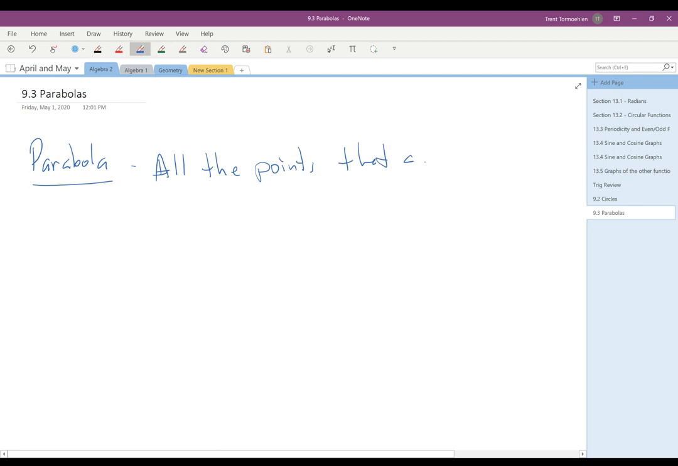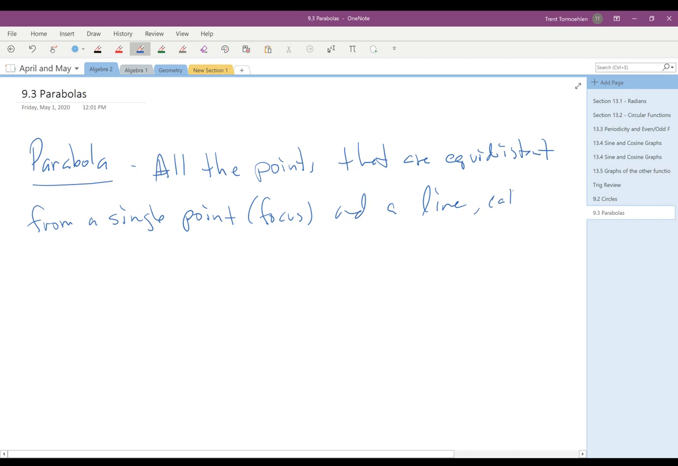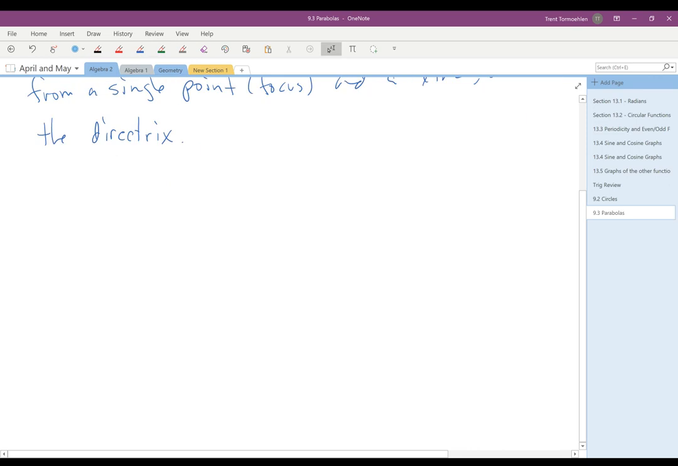that are equidistant from a single point, and that point is called the focus, and a line called the directrix. And all these points, when you do this calculation, end up to be the same distance away from these two things. So if we take a look at it, what that means is you're going to end up with a